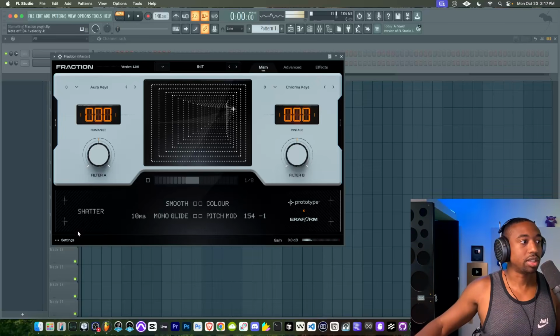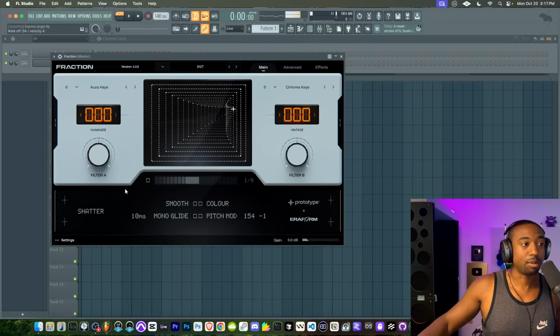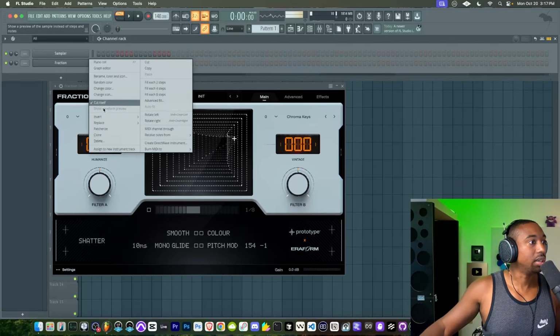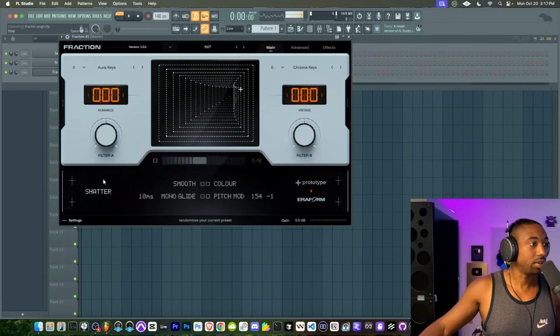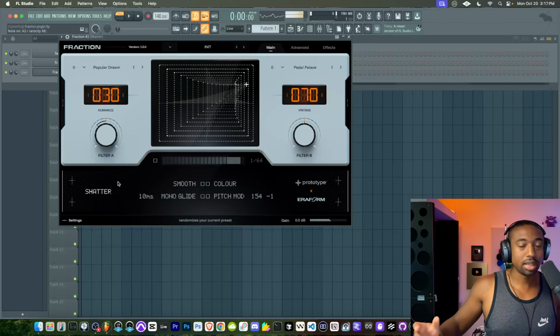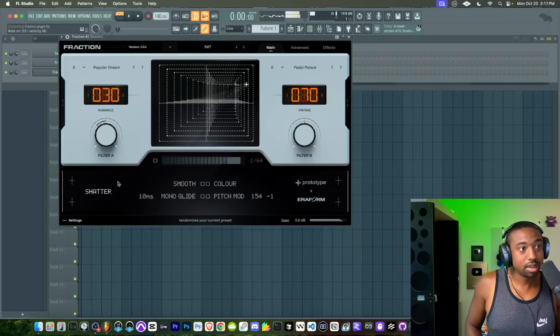Now, the cool thing is you could hit the shatter button and it randomizes everything about the preset. So I like this tone, though. I don't want to mess this up. That's actually a really dope tone. Let me clone this, and I'll show you guys this next feature called shatter. So you can literally hit this and just find random sounds,